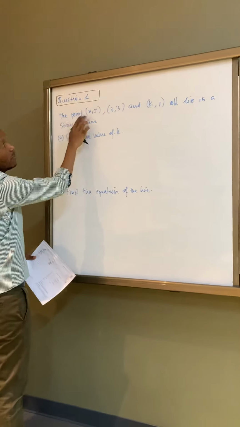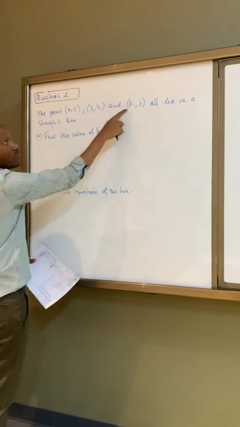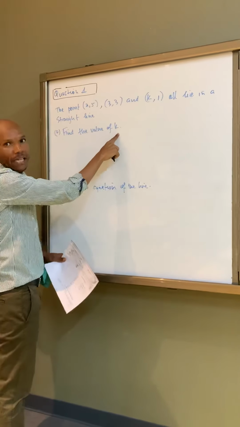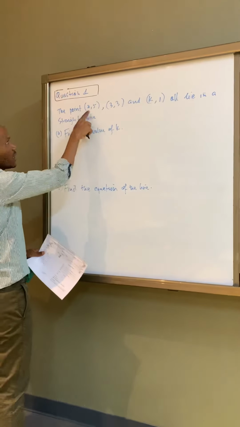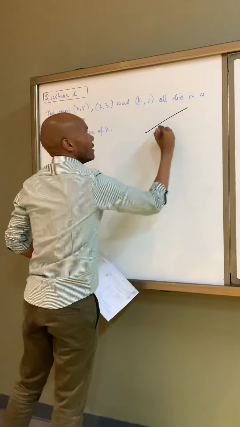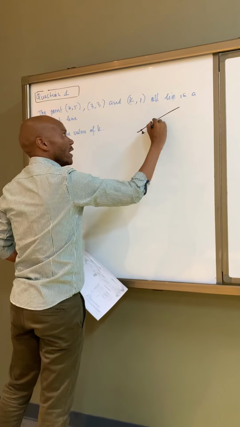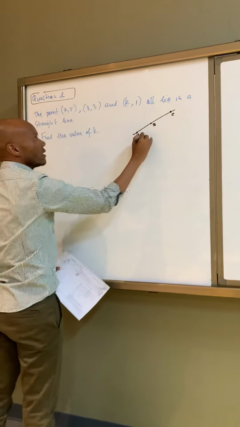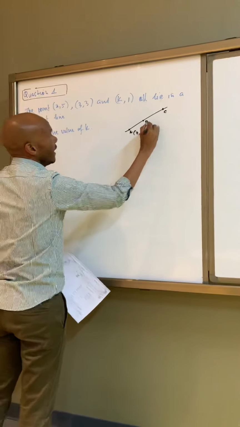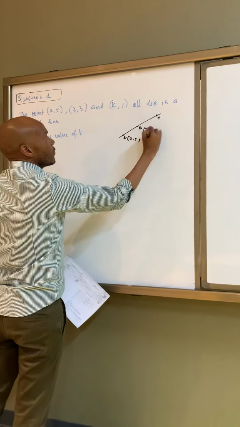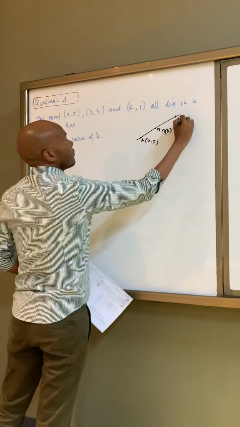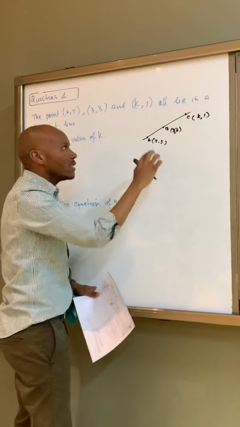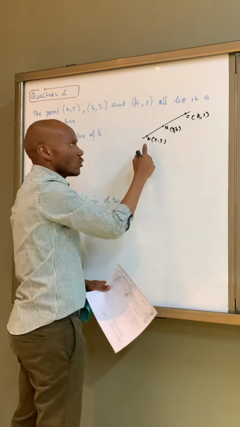The first question says the points (2, 5), (3, 3), and (k, 1) all lie in a straight line. Find the value of k. So these three points are like this: you've got point A, point B, point C. Suppose this is (2, 5), (3, 3), and (k, 1). One thing that we know, since they lie on the same line, is that the gradient